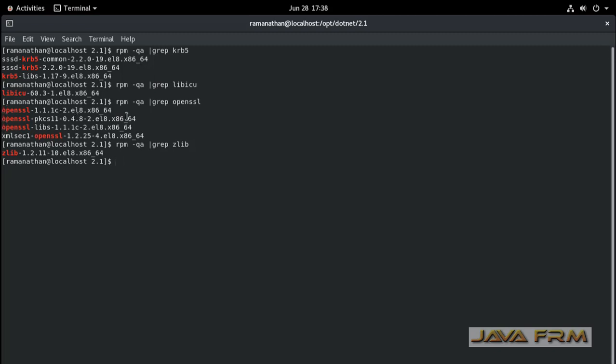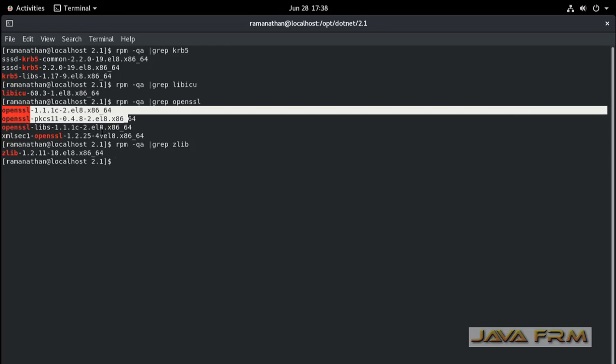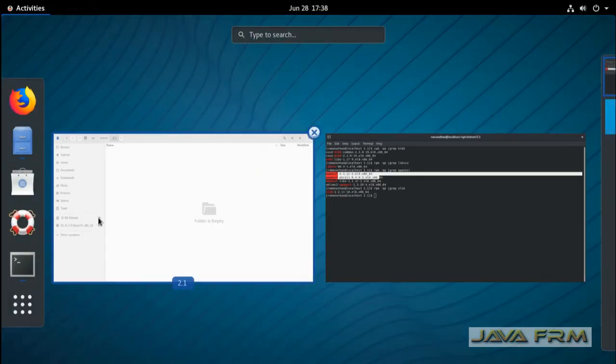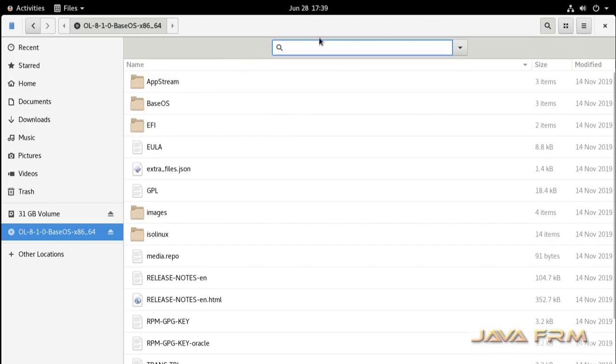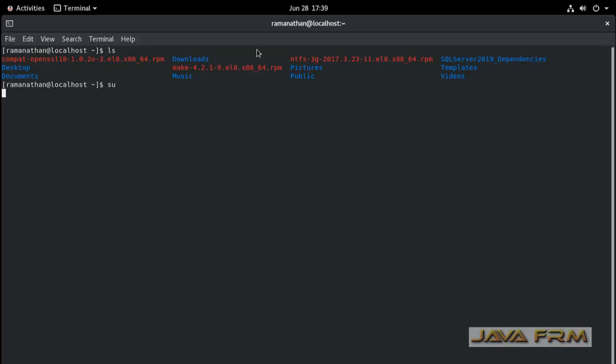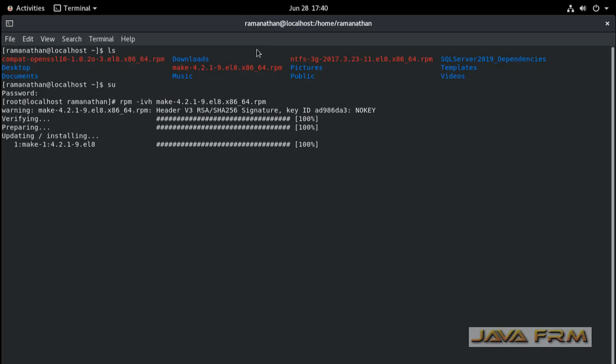Regarding OpenSSL, this higher version might not be supported by .NET 2.1 apps. So we need to install compat-openssl. This compat-openssl RPM is available in the Oracle Linux 8.1 DVD itself, so there is no need to download it externally.